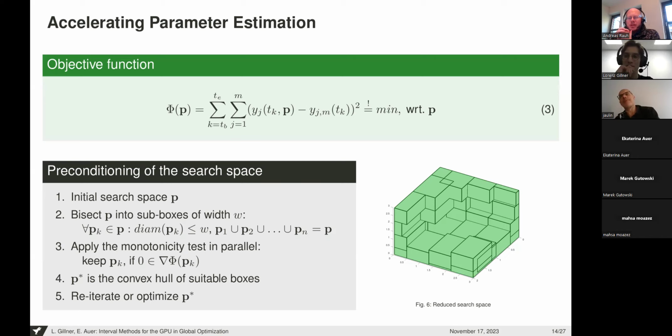Yes, and maybe concerning again those two different types of problems that you have. There exists, I think, a small but, in my opinion, significant difference between both objective functions. The objective function for the dynamic system model is getting more and more complicated when time is evolving, just due to the fact that you're recursively substituting in the solution of the ODE, in the form of a temporally discretized form by using the Euler method. The other example is really just an algebraic function that you're evaluating, and this doesn't have any nested